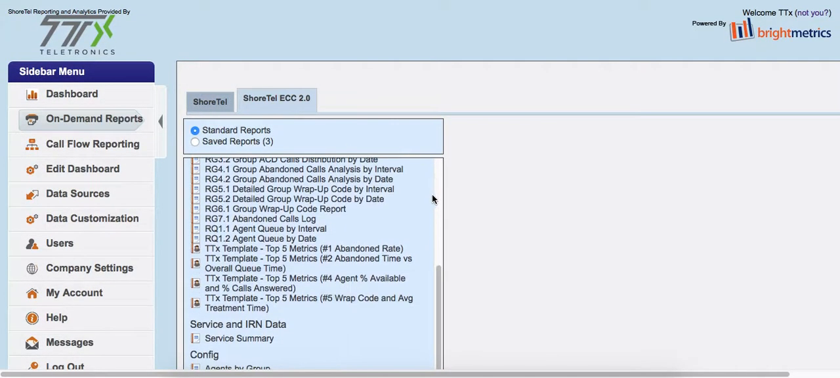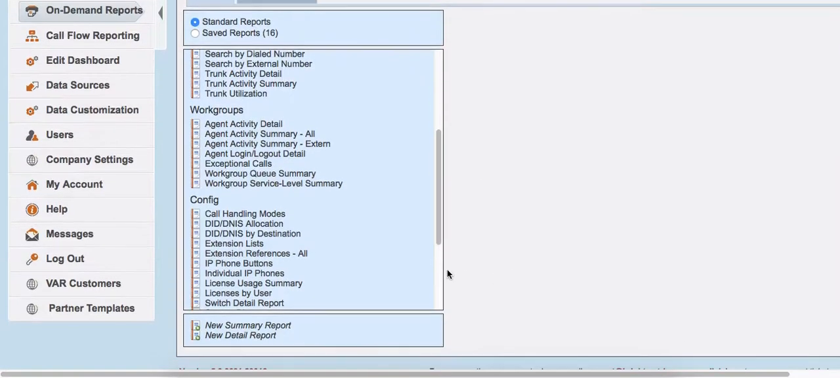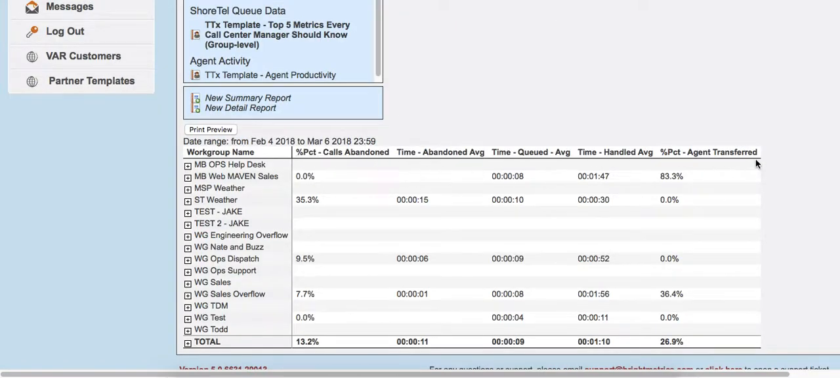I actually have them broken out a little bit differently, but there are the same or similar reports on the enterprise call center side. This is a report to look at if you're a supervisor, maybe a member of the management team that doesn't exactly know what you should be looking at and focusing on metrics-wise with the performance of your call center groups. All right, so if you go ahead and click on Preview Report,